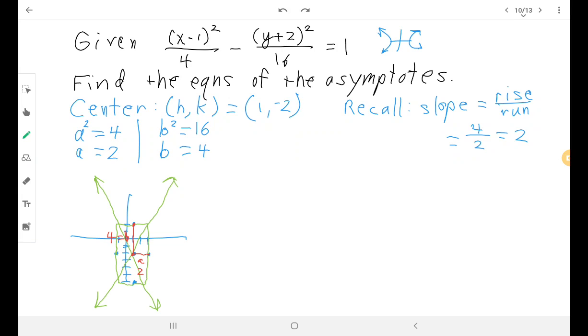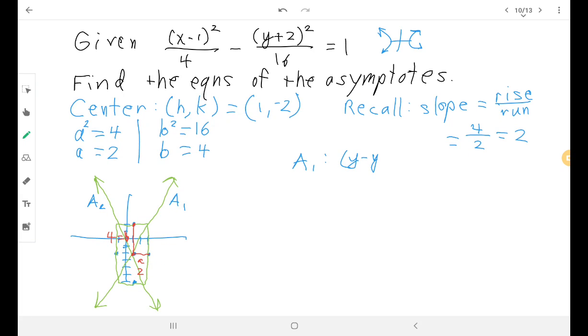So let's label these as asymptote 1 and asymptote 2, let's say. I just need a way to distinguish them. Asymptote 1 is going to have, well, let me do point slope first, and then I'll do slope intercept second. It is going to have a point slope equation of